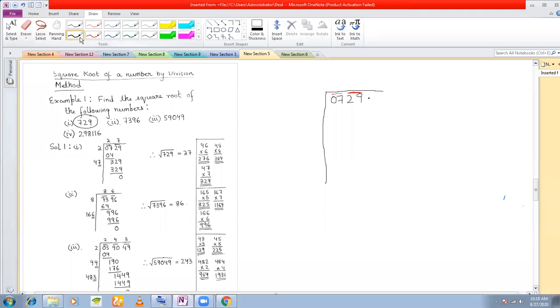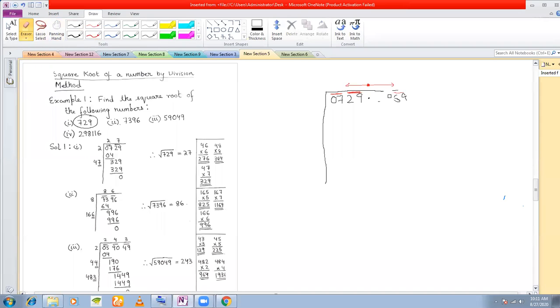Suppose you can also pair the numbers after the decimal. Suppose if you had something like this, 729.2369, then what you would have done is you will start from this point, the decimal will be a middle point, okay, and you will start pairing in this direction. So you will pair these two, okay, and you will pair these two. Now again, this will be a starting point again. When you start in this direction, you will pair this way. Understood? Yes, sir. Fine.